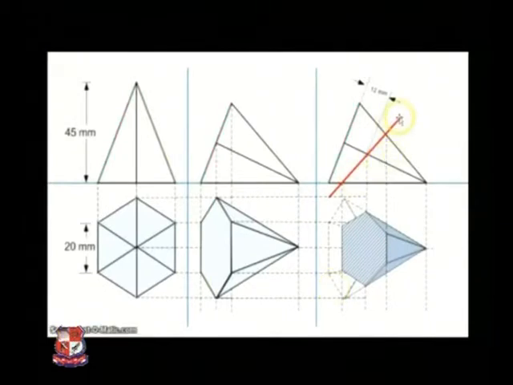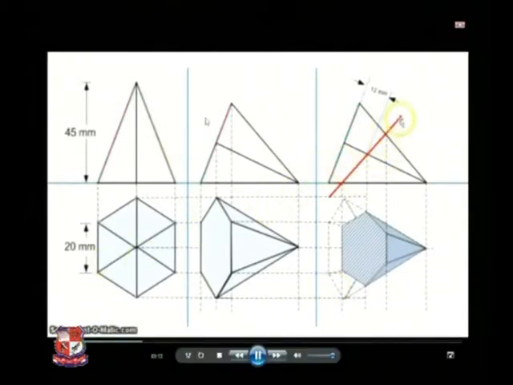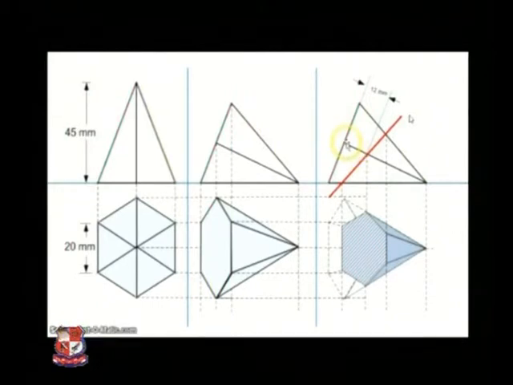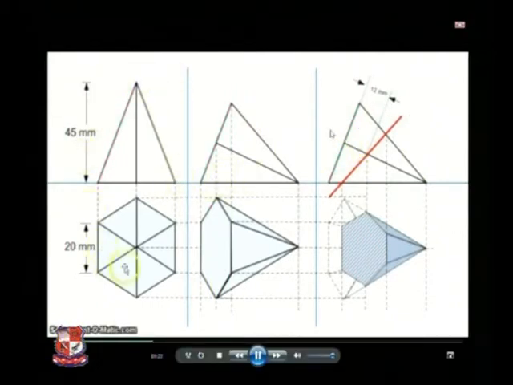So these are the views of this solid, the first view, second view and third view, and this is a cutting plane which passes through this point at a distance of 12 mm from the base. So this distance is 12 mm. These are the slant edges of the pyramid, the ones visible to us. 20 mm is the side length. So these three edges are visible, that is shown by the full line, and this inner edge will not be visible, so that will be hidden.